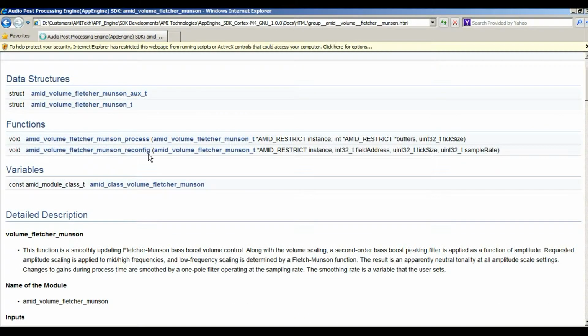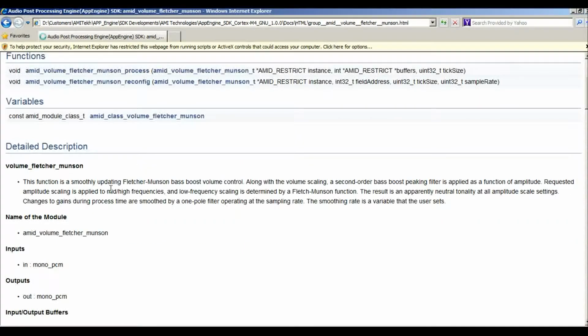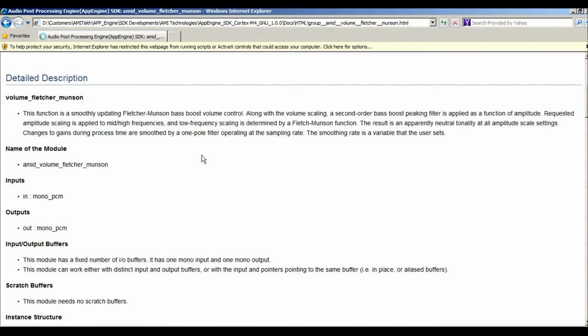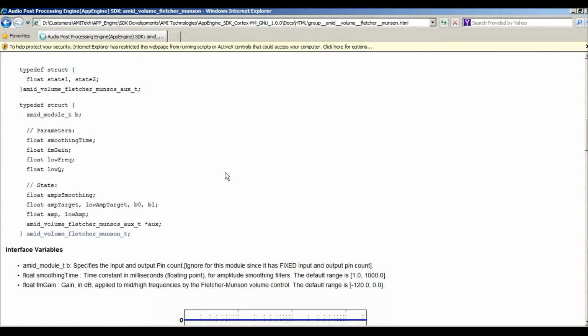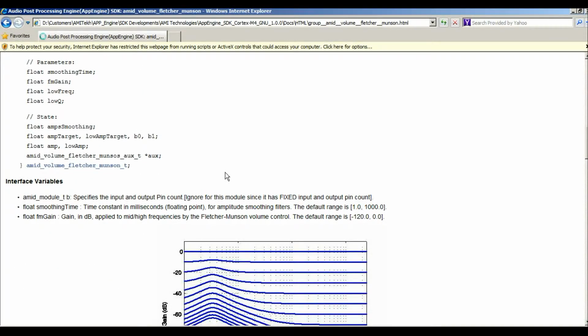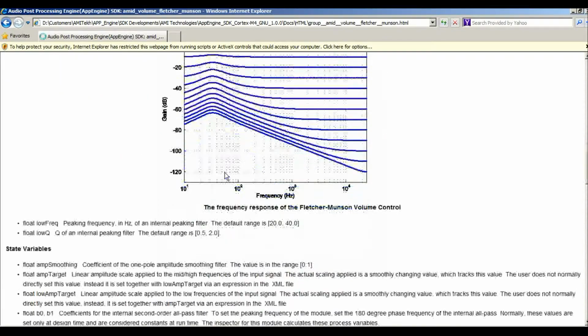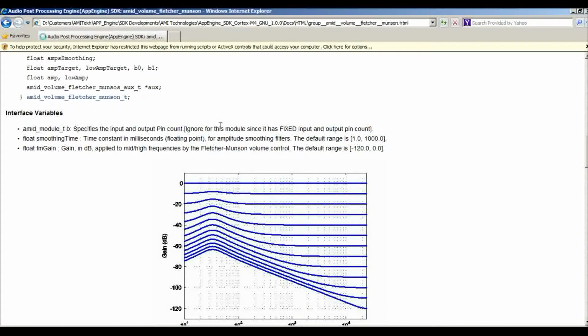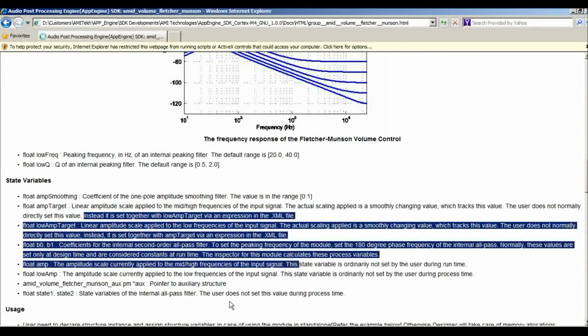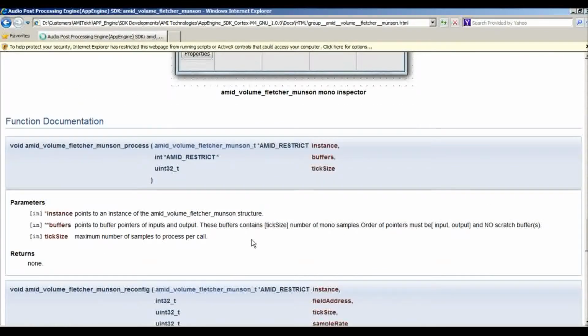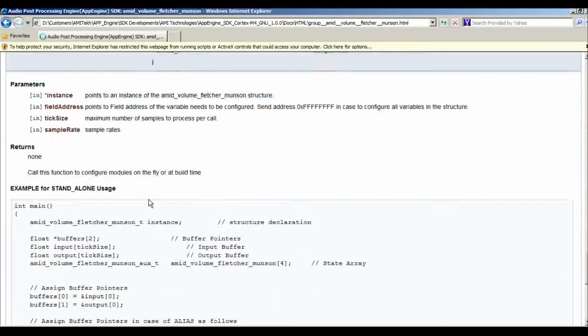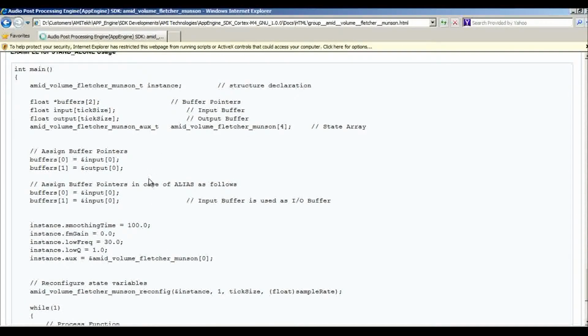So it has the process function and reconfigure same way like the second order filter, and then detailed description about the module, and then the input output buffer types, and then usage, and then whether it needs a scratch buffer or not, and detailed description about the module fields, and then the couple of the responses over here, as well as the state variable description, and then the designer usage, and also the documentation about each API.